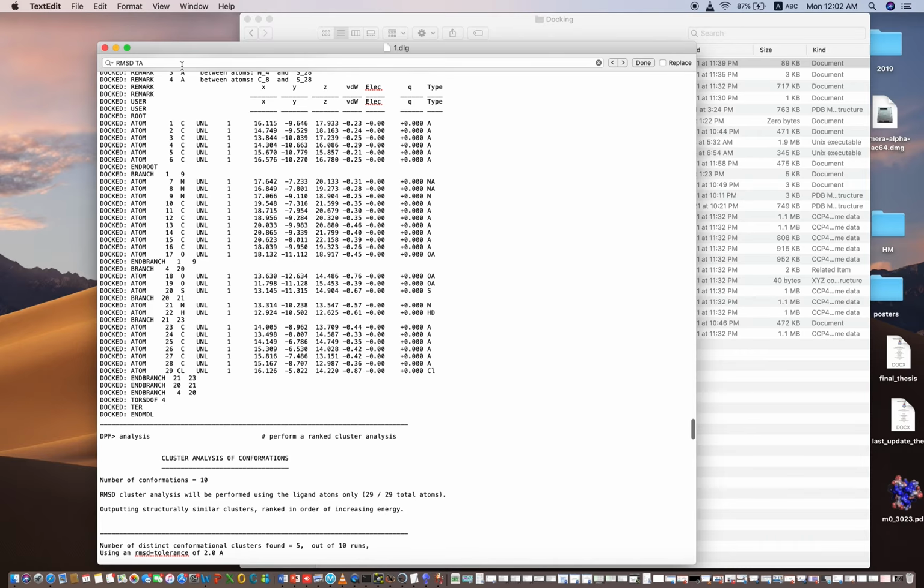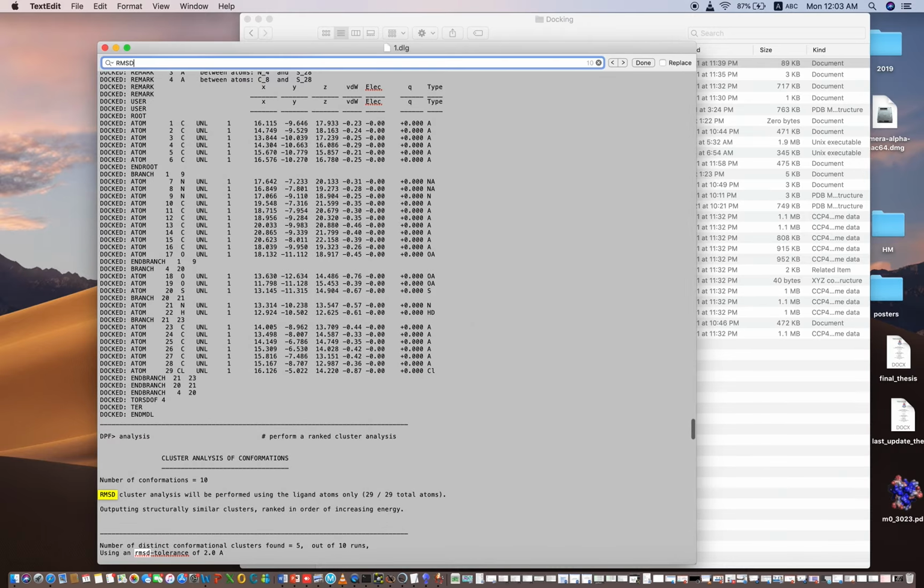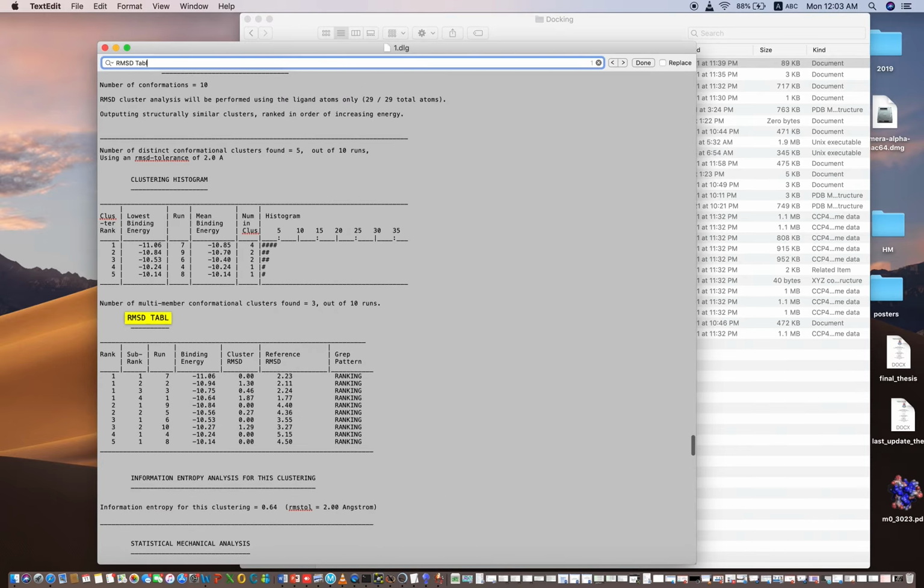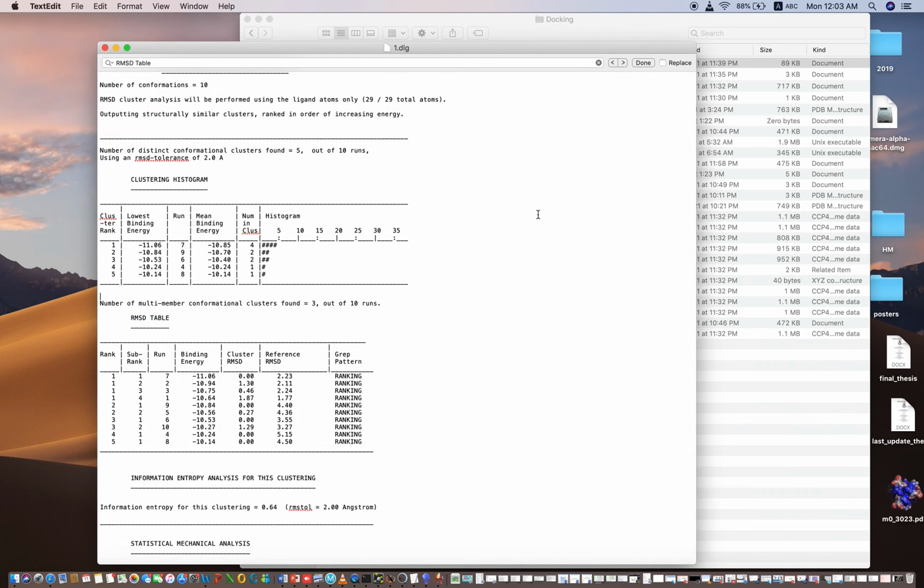When you open the docking parameter file, just find the RMSD table. When you find the RMSD table, you will see it here. This is the RMSD table. It shows you these ranks,